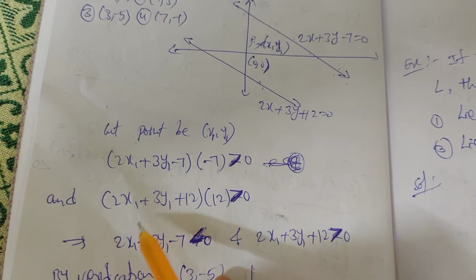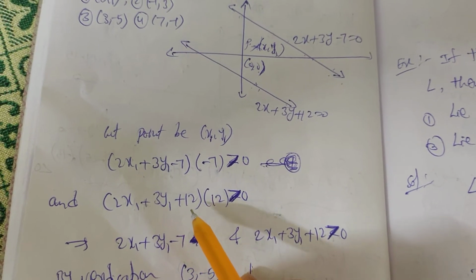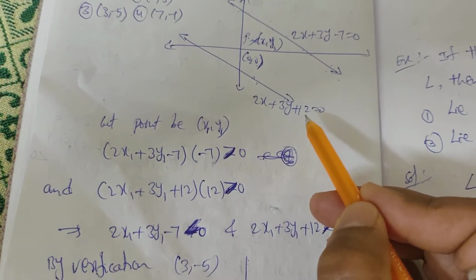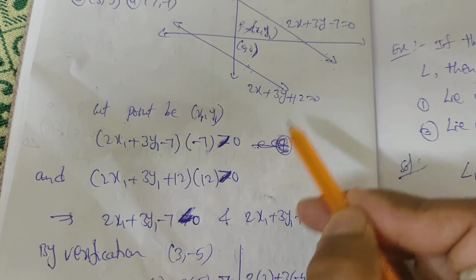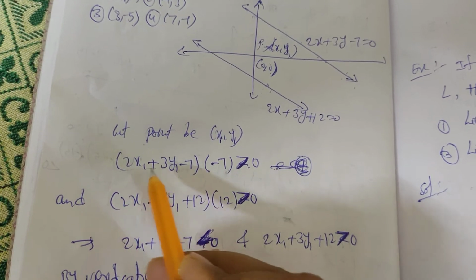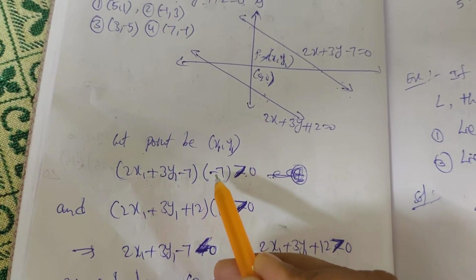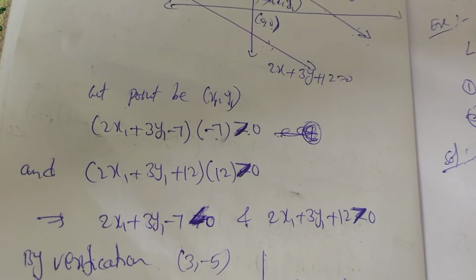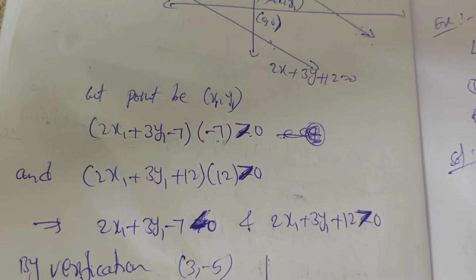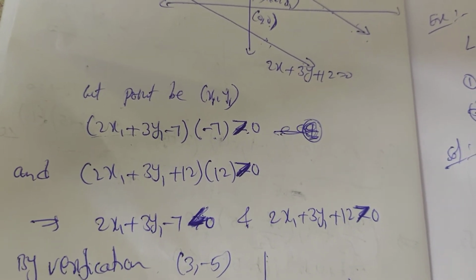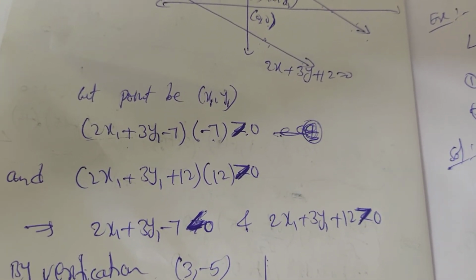So what it says: 2x1 plus 3y1 plus 12 into, if you substitute x1, y1 here and 0, 0, you get again 12 only; this product gives a positive only. If you simplify this equation, here minus 7 is there. If you transpose a negative number to the right side in multiplication or division in inequations, then the inequality will change. Very, very important.